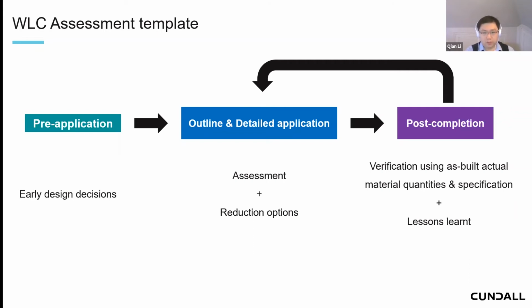You need to do a proper assessment, like we said, following all the proper methodologies and the guidance. In those stages, you need to submit your application and complete the assessment template, in which you provide material quantities and assumptions, and whatever specification you have available at the time of application. You also need to demonstrate the actions or thoughts you have considered to reduce the whole life carbon impact of your building.